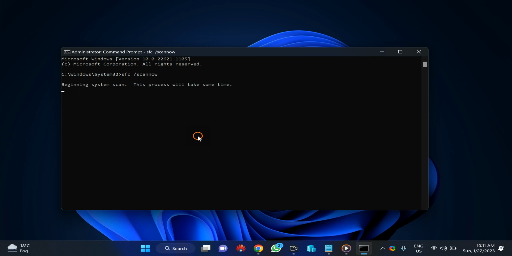This will detect problems on your Windows 11 machine and try to fix all your issues related to Windows 11 apps. It may take a few seconds or even a few minutes. Once it reaches up to 100%,